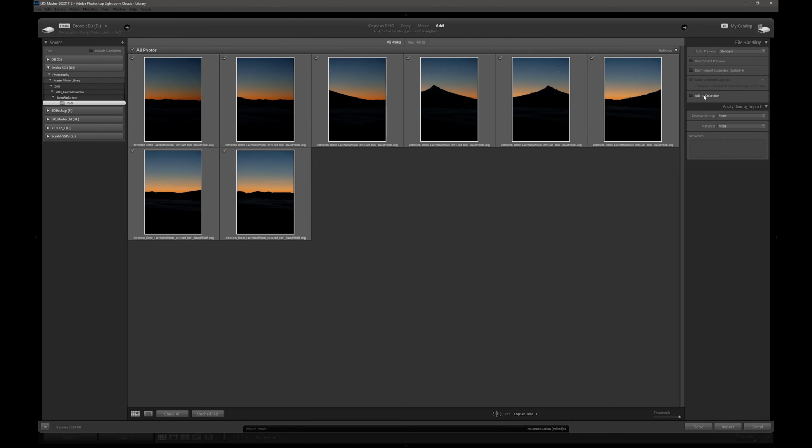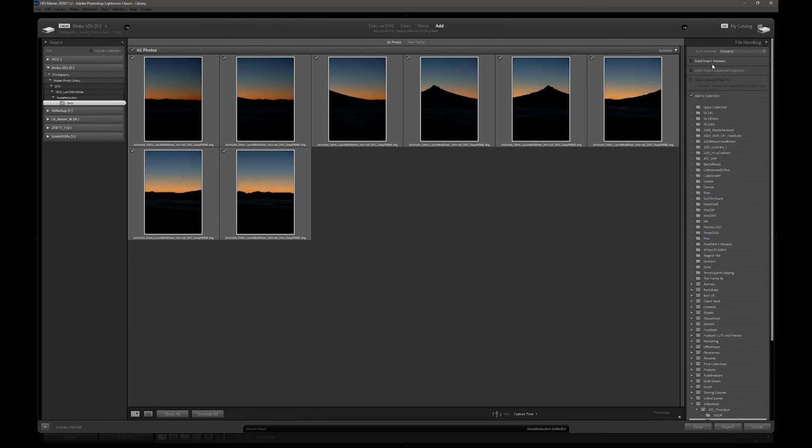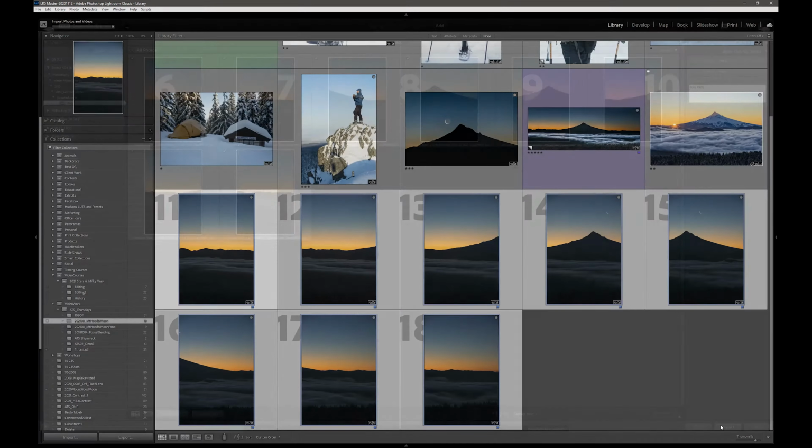I could also add it to our collection that we're working in here, the Mount Hood and the Moon collection. That would be a nice thing. And as I said, I could put Pure RAW in as a keyword. Done. Okay, so I'm going to go ahead and hit import,